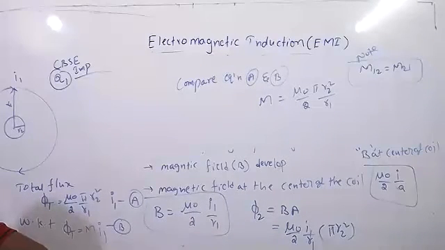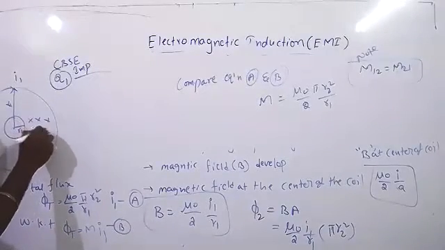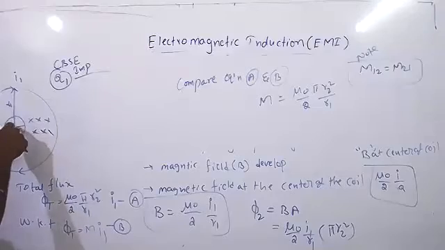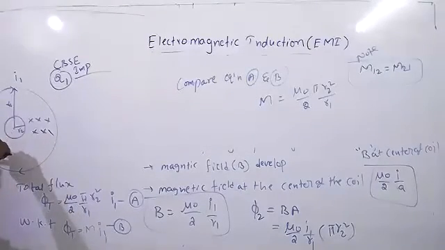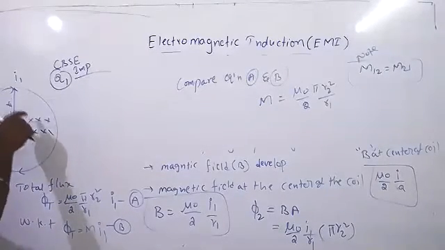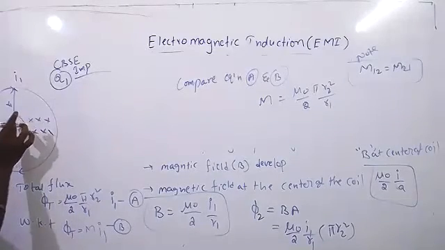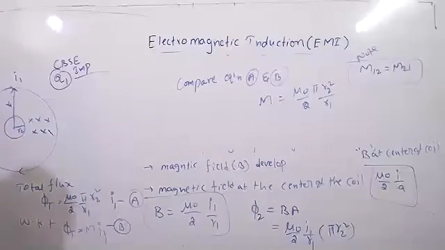Sir, here why is cos theta 0? Theta equal to 0. BA, magnetic field is going inside. Area vector also going inside. Current is passing, right? So magnetic field is inside. The coil area vector we can take inside or outside, right? So area vector is also along the same direction. Both are in the inside direction only. So cos theta, theta equal to 0, so cos 0 equals 1.